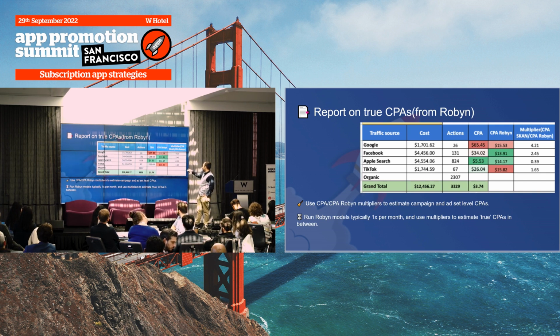We use CPA SKAN, but we also report CPA Robyn side by side. We use a multiplier, which again assumes a somewhat linear correlation. Not always true, but again, it's a good rule of thumb if you're starting off with not a lot of resources. But use that multiplier, and we report on CPA Robyn every time.